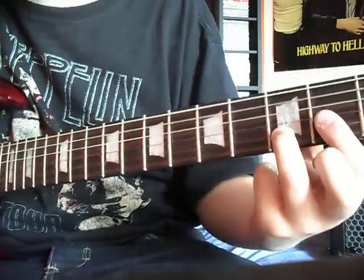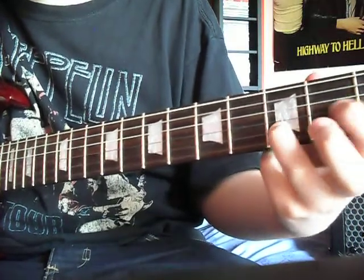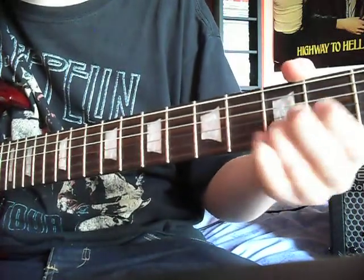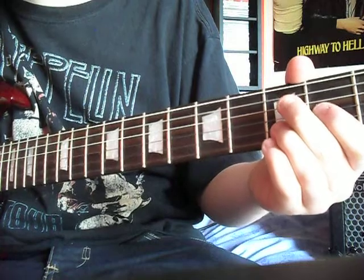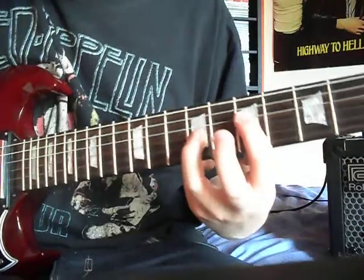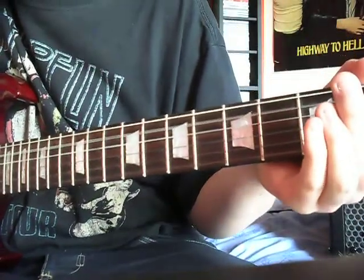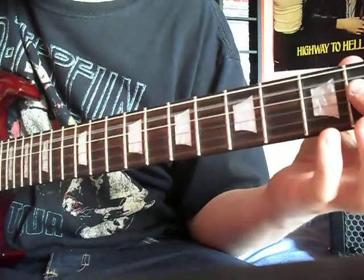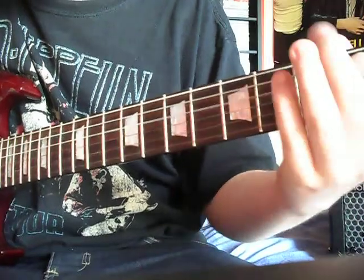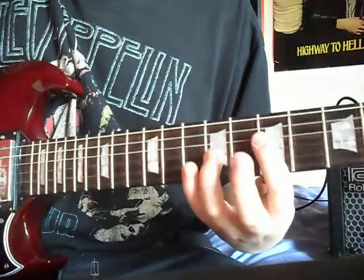my lessons, which is a D power chord. So open D string, 2nd fret G string, 3rd fret B string. And we play that twice as well. So altogether so far we have... then we just play one A power chord, so open A string, 2nd fret D string, 2nd fret G string. So slowly, so far we have